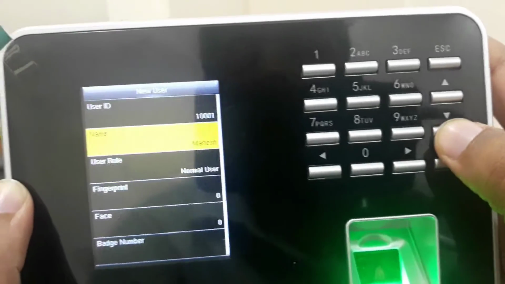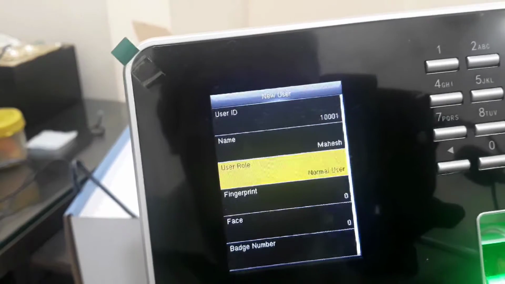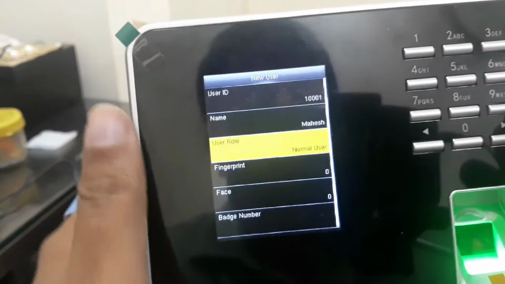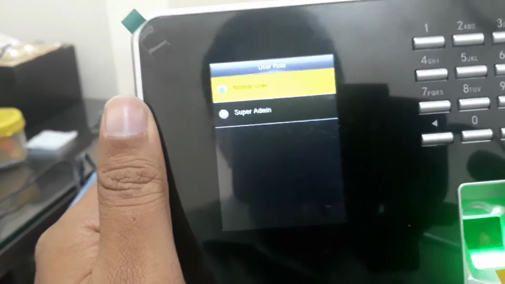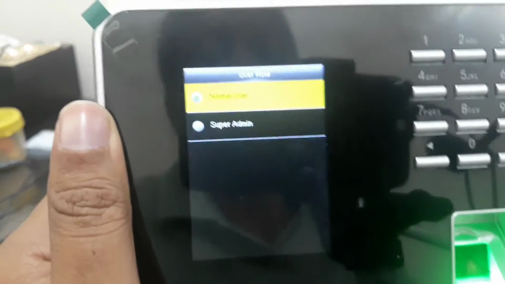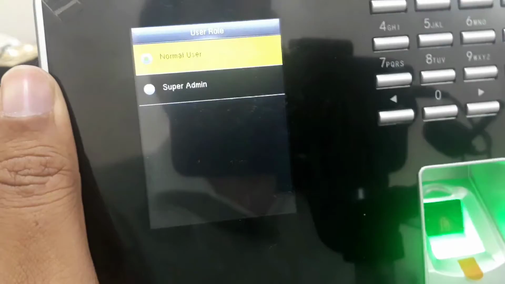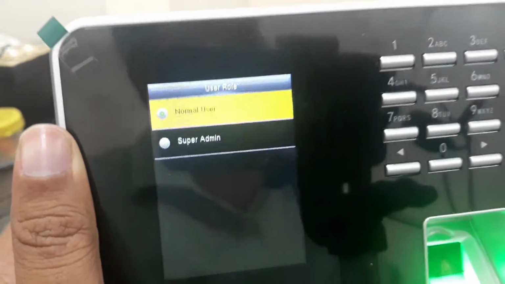Now we will go to user role. User role is either normal or super admin. Super admin means that only the admin can access this biometric machine, or we can say only he is the authorized person to enroll another person.